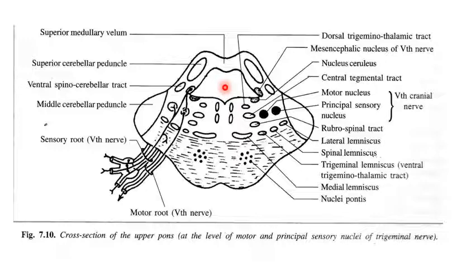As it contains a part of the cavity of the fourth ventricle, you can see here that the roof is formed by the superior medullary velum, and dorsolaterally it is bounded by the superior cerebellar peduncle. This is the superior cerebellar peduncle. Along the ventral aspect of the superior cerebellar peduncle, you will find the ventral spinocerebellar tract. They actually enter the superior cerebellar peduncle, but you can show it along its ventral aspect. So the roof is formed by the superior medullary velum, and dorsolaterally it is bounded by the superior cerebellar peduncles and the ventral spinocerebellar tract.